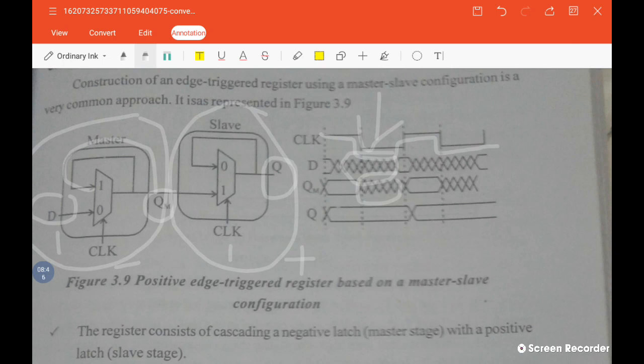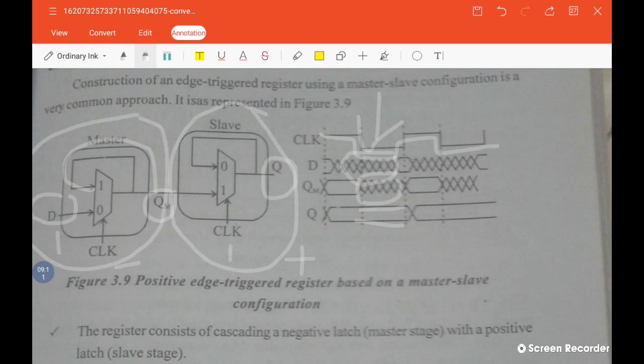At the same clock cycle, what is happening to the slave output Q? Just see the value of Q. I said already that Q will maintain the previous output value. We don't know what the previous output value is, so it may be a stable high or a stable low value. We just draw either stable high or stable low, that means a stable output.